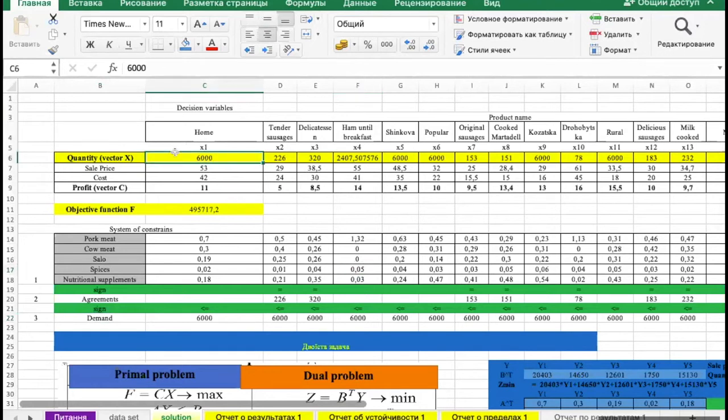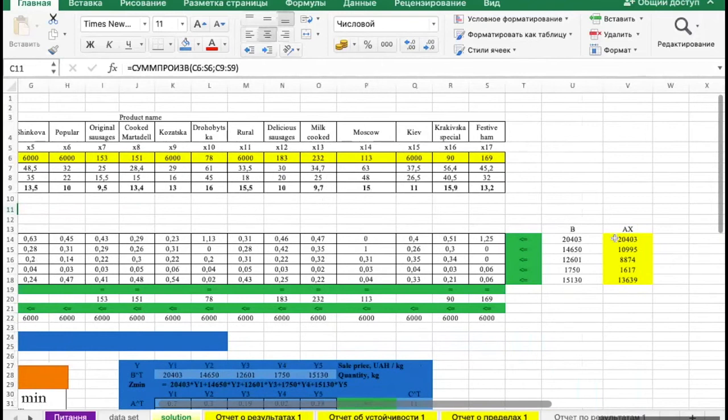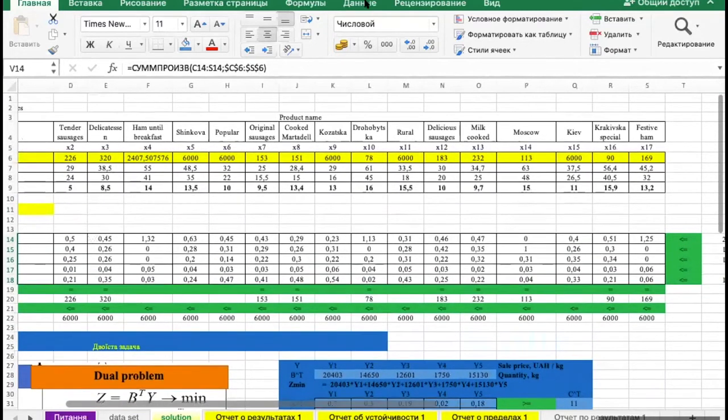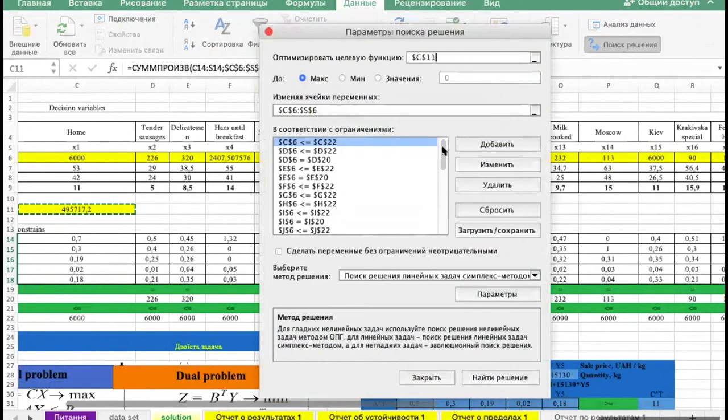We talk about our optimal quantities of each kind of products, about the maximum of function f, and about spending all the quantities of our resources. So we need to go into Data (данные), and for this reason we again open Solver (поиск решения), and